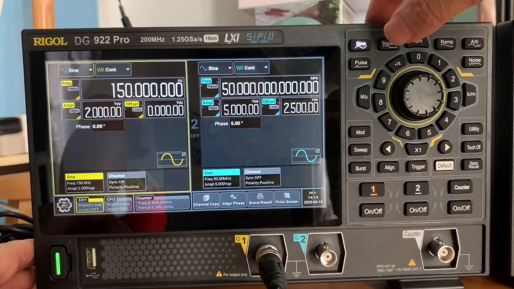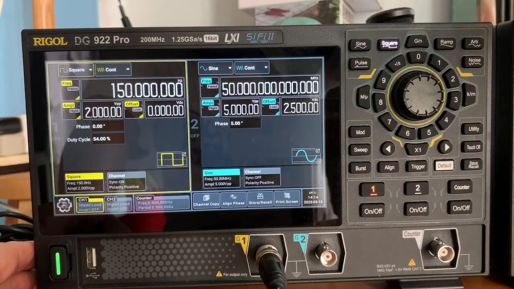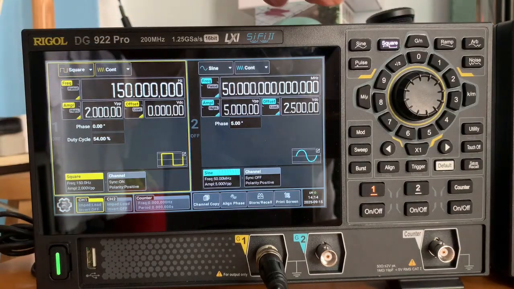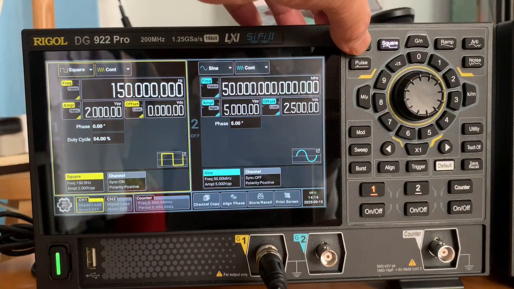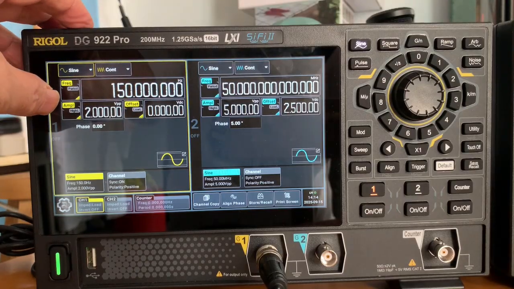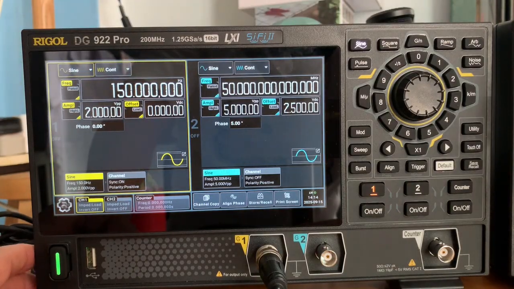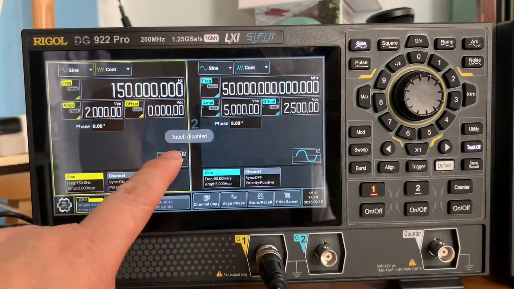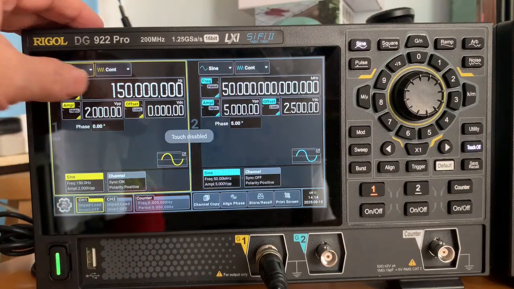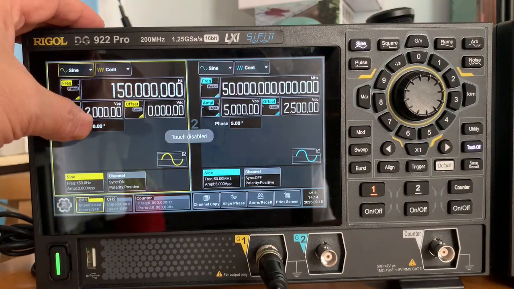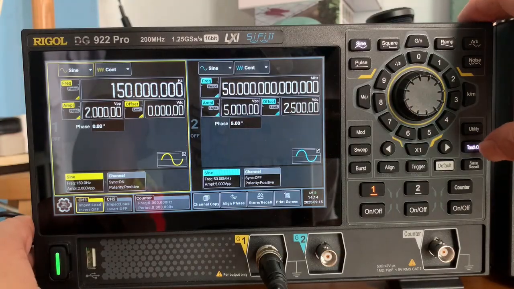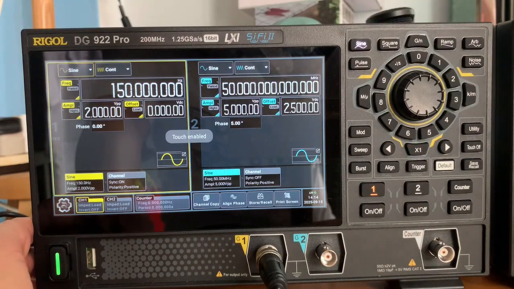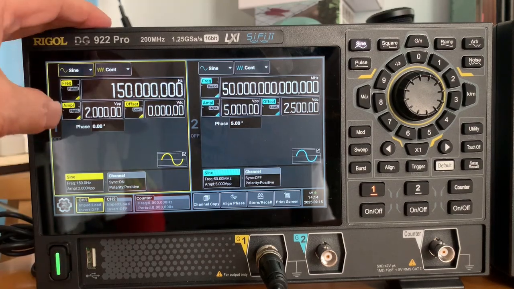For example, if you want the square wave, you can change from here, and you can change back to sine wave from here, or you can use the touch screen. And here, you can turn the touch screen off. For example, if touch is disabled, then you cannot change anything here anymore. So if you want it on, you make it touch enabled.